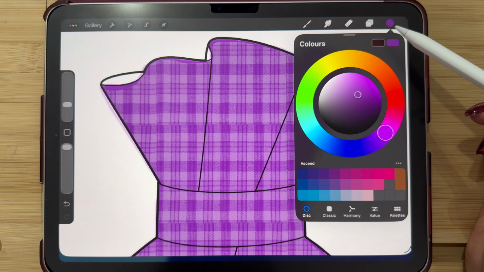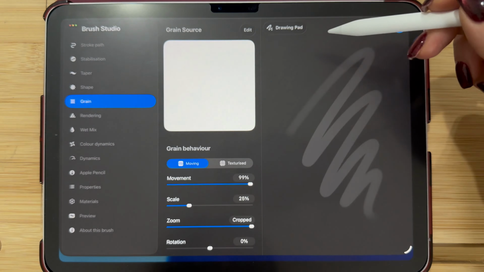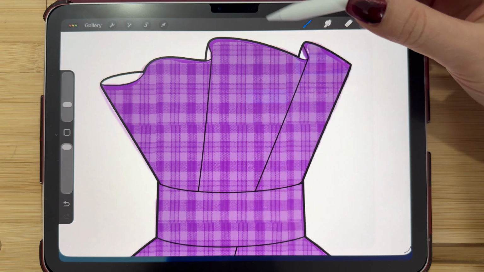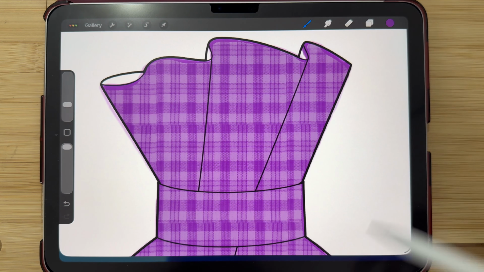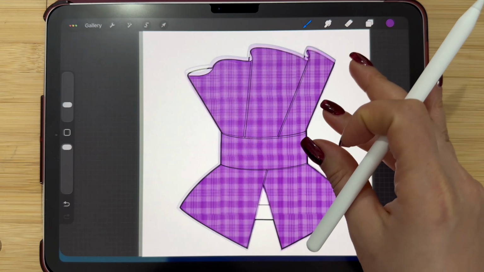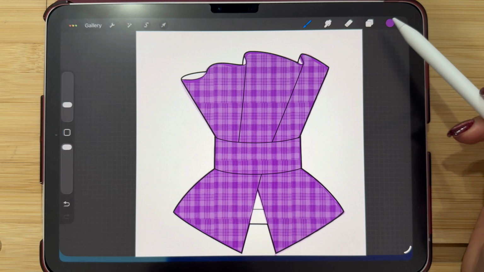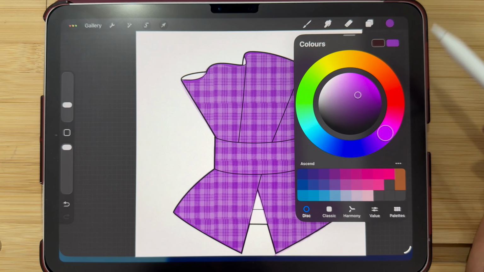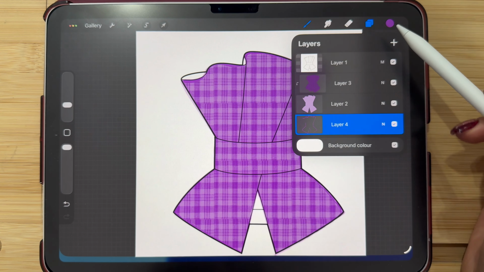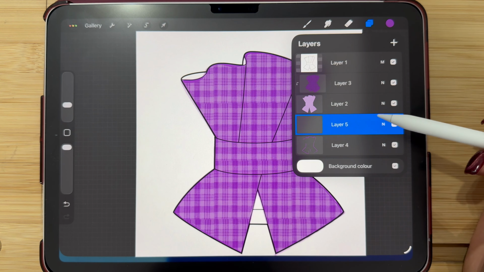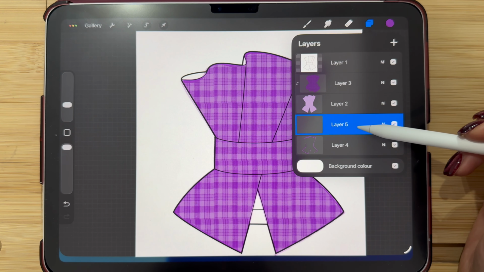And now it looks nice, but still I like it to look more realistic. So I make a new layer,